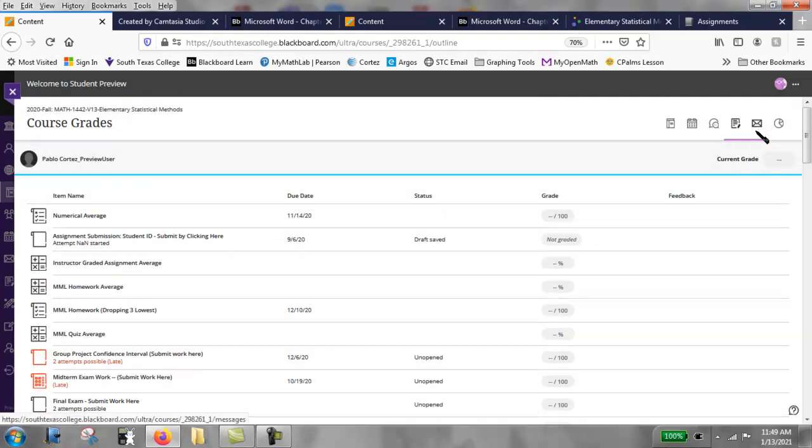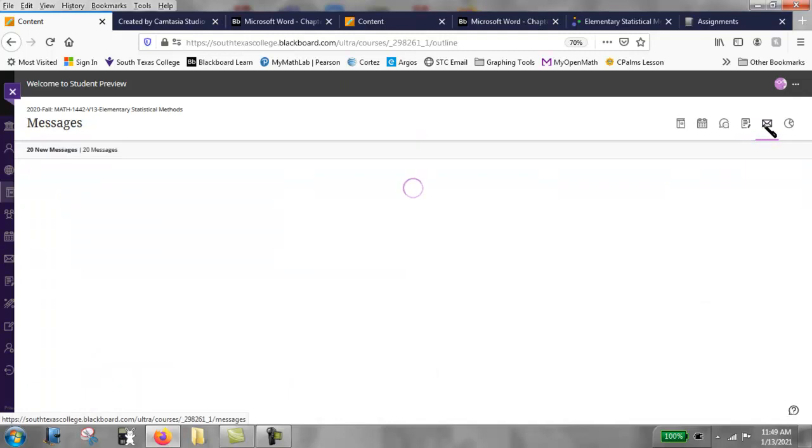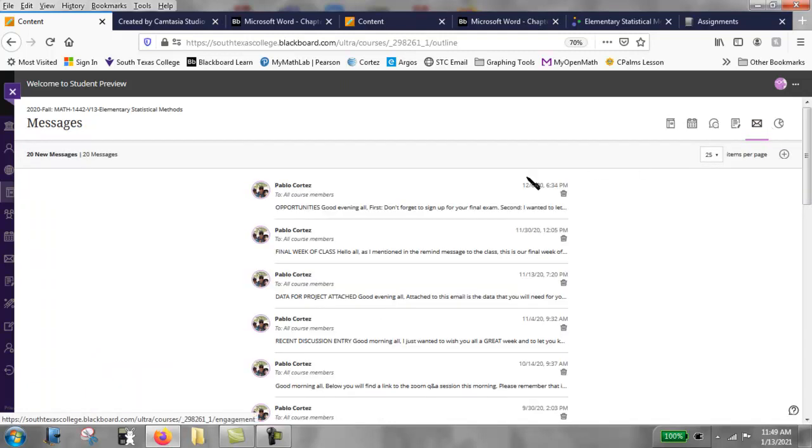Okay, this icon here is your email. This is where you check your Blackboard messages. It's different than before. Once I click on email, it shows you any emails that have been sent right here. I'm not happy with this email program, but we will use it. It'll be our primary email method. Please don't email me at my other SEC account. Email via Blackboard. I'm just not a fan of this because you can't put subject lines or anything like that.